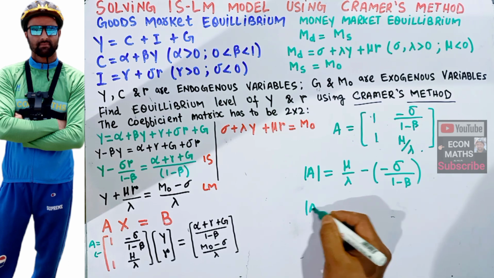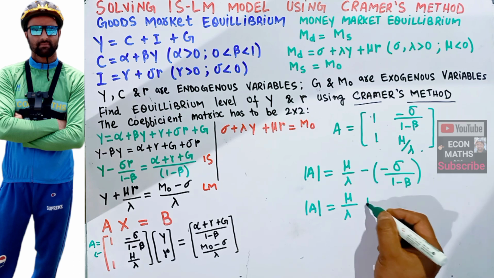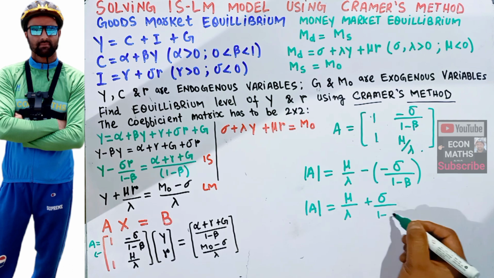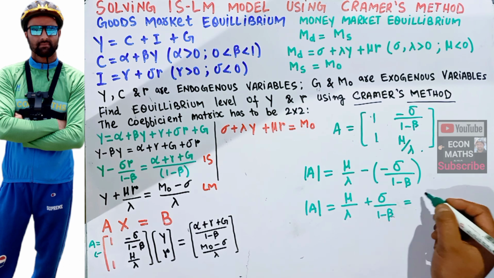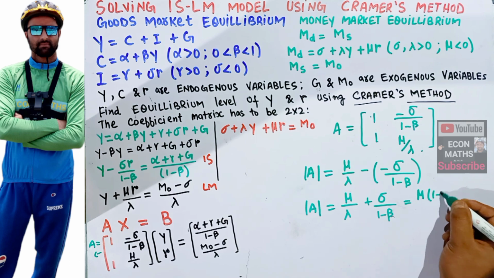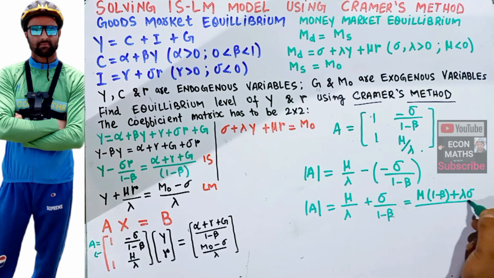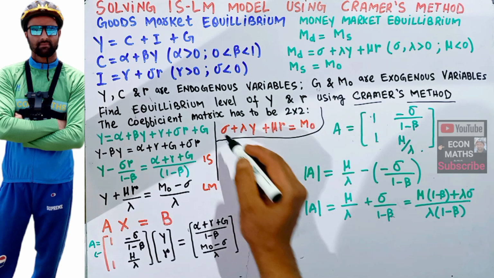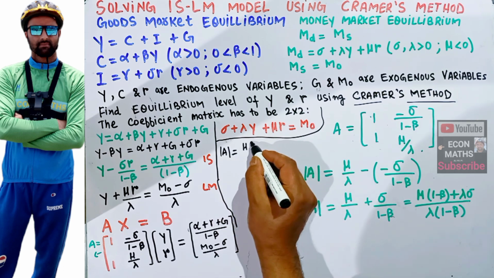So our determinant of A will be equal to mu divided by lambda, minus into minus is plus, we get delta divided by 1 minus beta. Let us cross multiply. So we have mu into 1 minus beta plus lambda into delta divided by lambda times 1 minus beta. This is our determinant. So we got the determinant equal to mu times 1 minus beta